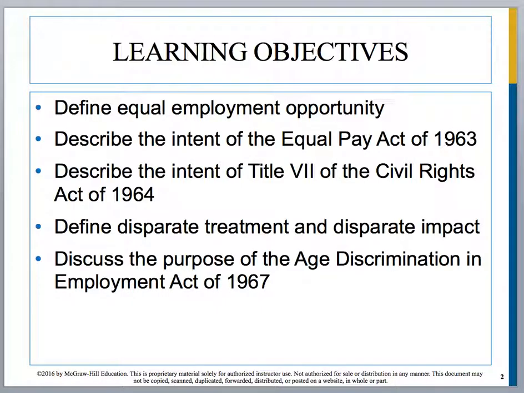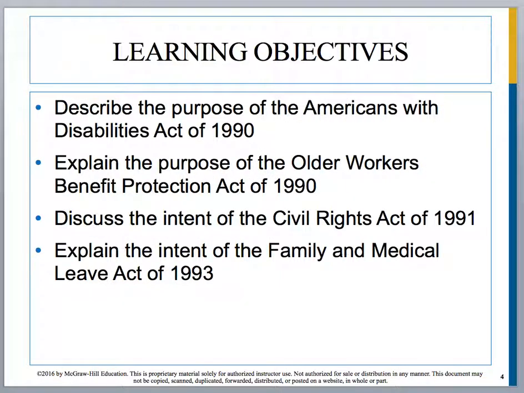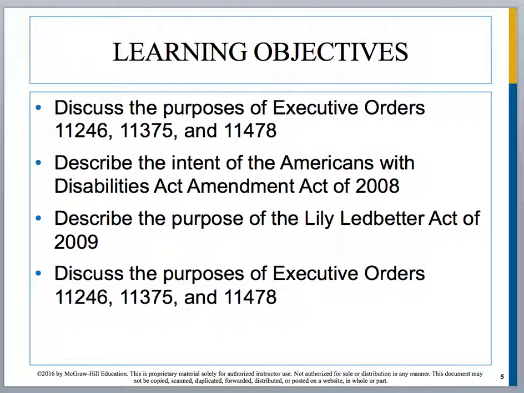By the end of this chapter, you should be able to define and describe equal employment opportunity, the intent of the Equal Pay Act of 63, Title VII of the Civil Rights Act of 64, define disparate treatment and disparate impact, the purpose of the Age Discrimination in Employment Act of 1967, the purpose of the Rehabilitation Act of 73, the intent of the Vietnam-era Veterans Readjustment Assistance Act of 74, the purpose of the Pregnancy Discrimination Act of 78, the Immigration Reform and Control Act of 86, the Americans with Disabilities Act of 1990, the Older Workers Benefit Protection Act of 1990, the Civil Rights Act of 91, the Family and Medical Leave Act of 93, the purpose of Executive Orders 11246, 11375, and 11478, as well as Executive Orders